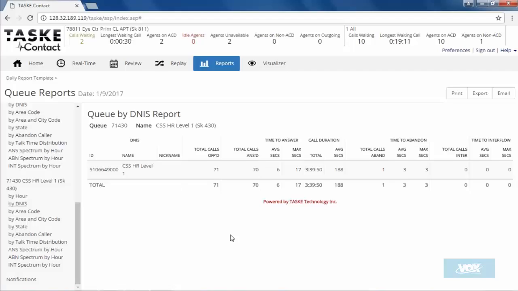And I'm assuming then calls that are made directly to an analyst's phone will not show up here. They won't show in any of the queue reports because that's a non-ACD call. But it will show in the agent and extension